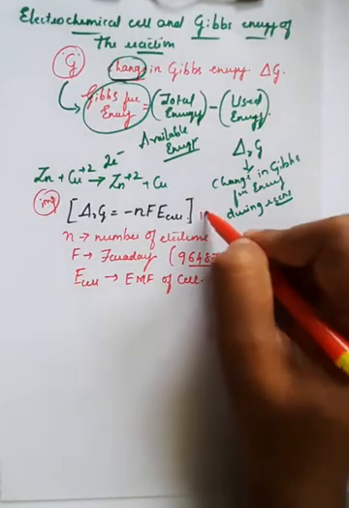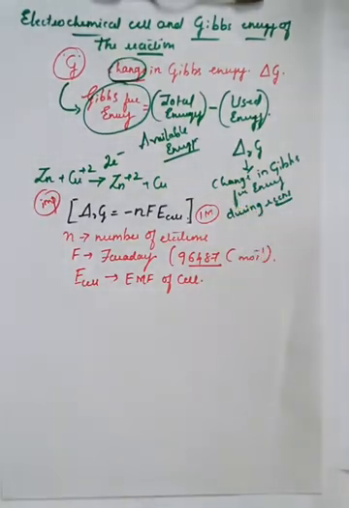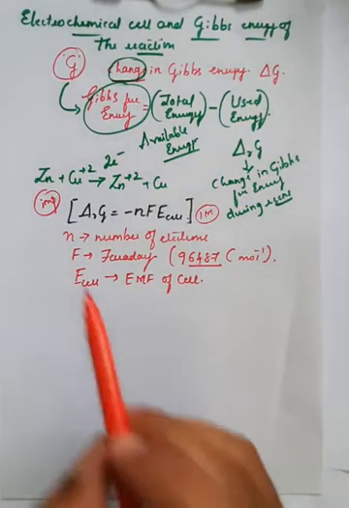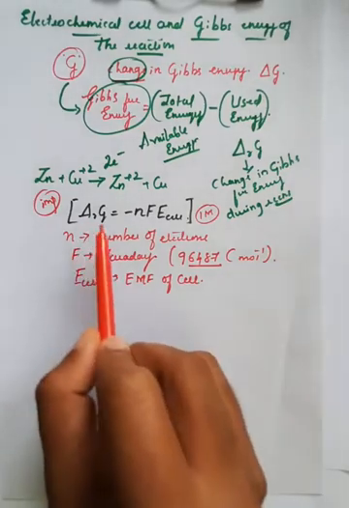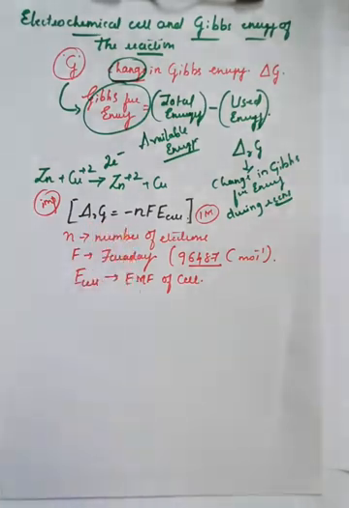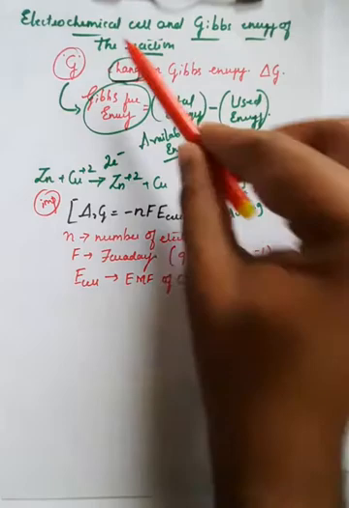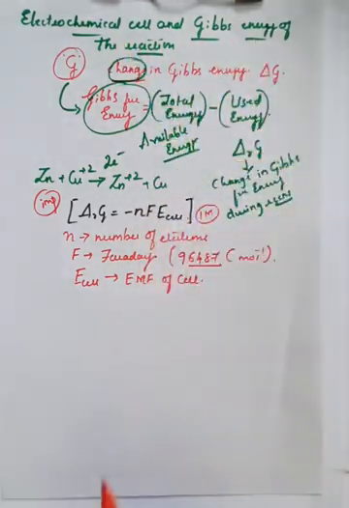A 1 mark problematic question: calculate the change in Gibbs free energy during the reaction. So that is delta R of G you have to calculate, right? Very simple formula, the electrochemical cell and Gibbs free energy of the reaction. Already we know what an electrochemical cell is, the cell which converts the electrical energy into chemical energy, we'll call it an electrochemical cell.